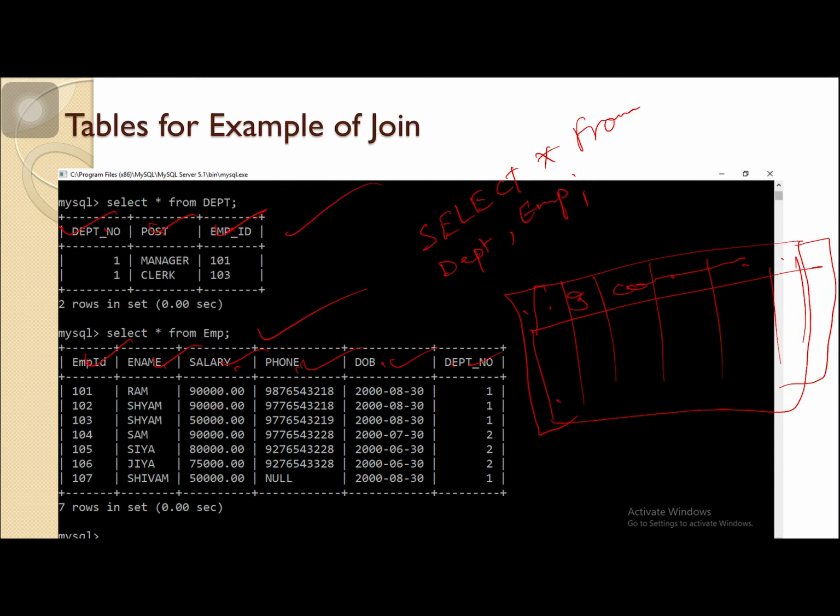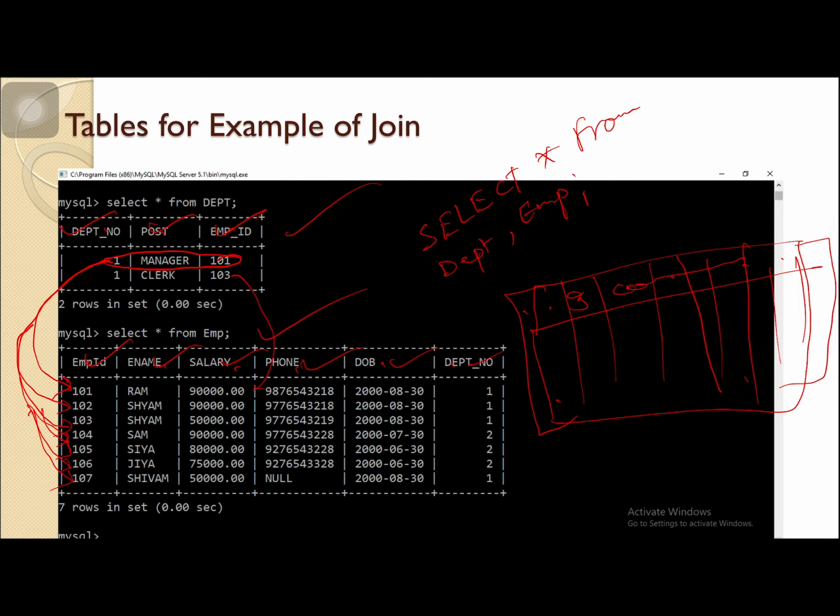1 2 3 4 5 6 7 8 and 9. Okay, and how many rows will be there? This row will combine with this row first, and then with this, and then this.